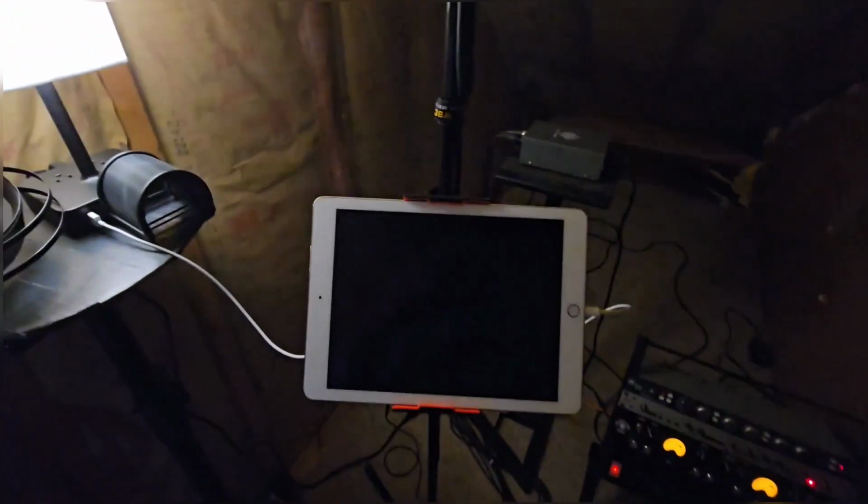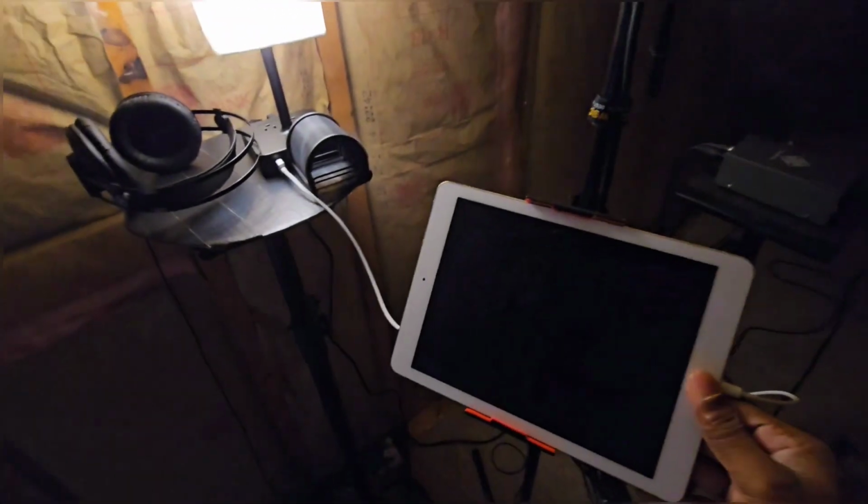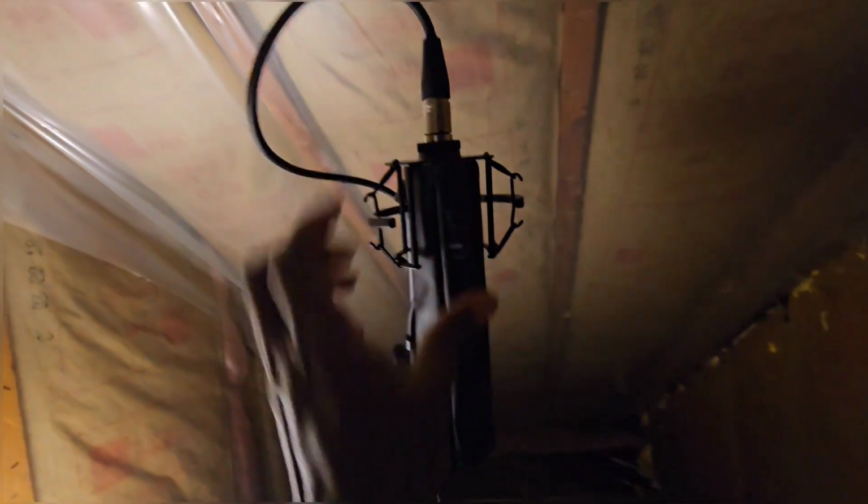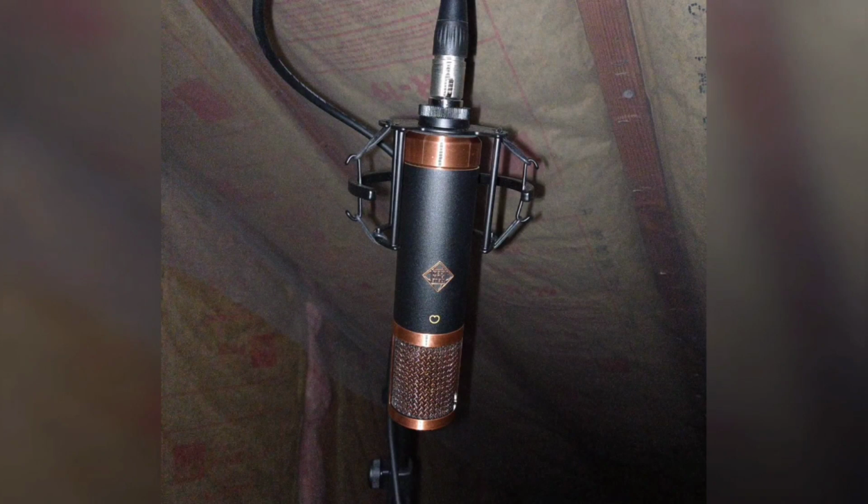I got the matching AKG K7 II closebacks to match my open backs in the control room. Use the iPad to control, play, start, stop, record from here when I record myself, and the piece de resistance. The Telefunken